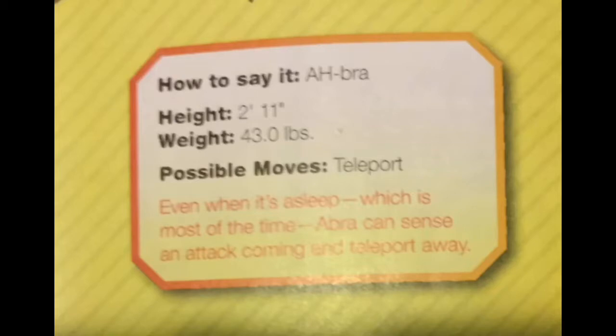Like I said, it's going to start with the pronunciation, the height, the weight, the possible moves, and the description. So it's pronounced Abra. It's 2'11". Weight is 43 pounds. And possible move is teleport, which, since Abra can only learn teleport and some, I think,